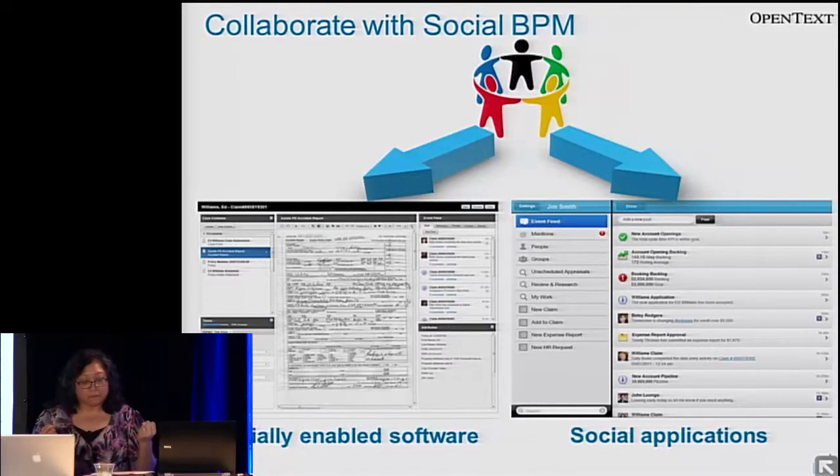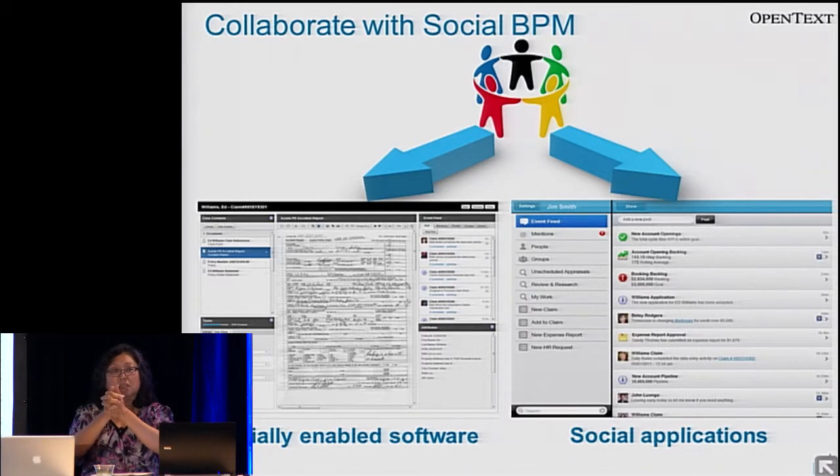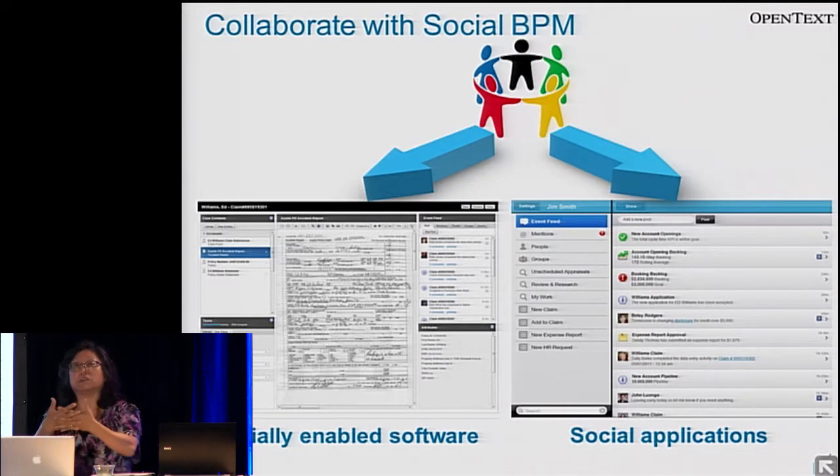So it's really about leveraging the new metaphor, right? One of the things that we have is social applications, and that's really great for user-to-user interaction where I need to find out something. So here we are talking to each other, and there's nothing like that. You still need that engagement. And we want to bring that into your business problem and how you solve that business problem. How can I reach out to somebody else, get some answers, share information? And when that sharing has happened, how do I then capture that within my case so that people understand why I made the decision that I made?